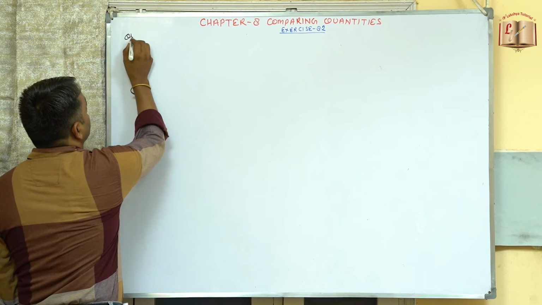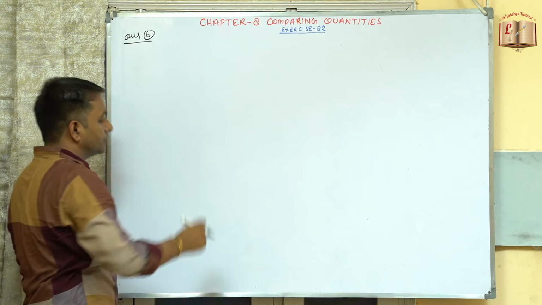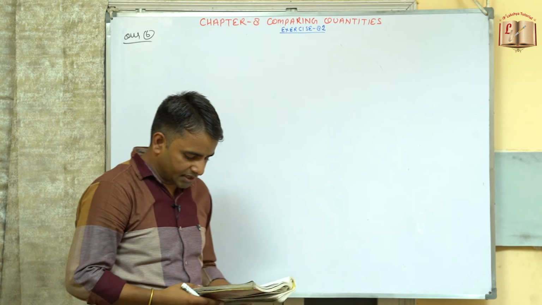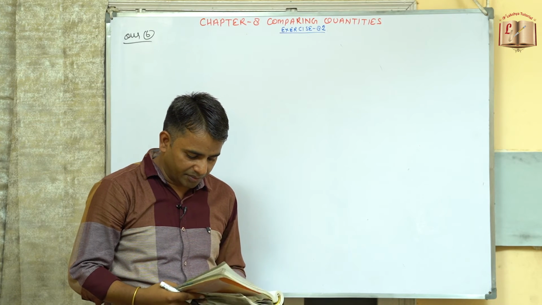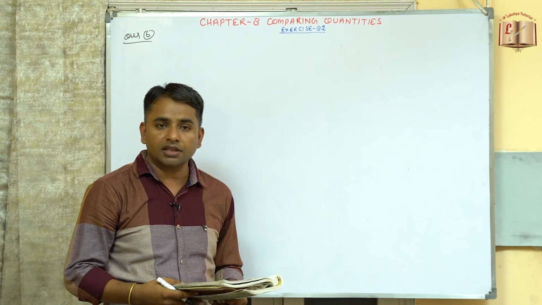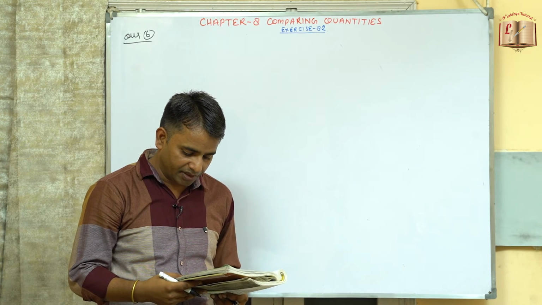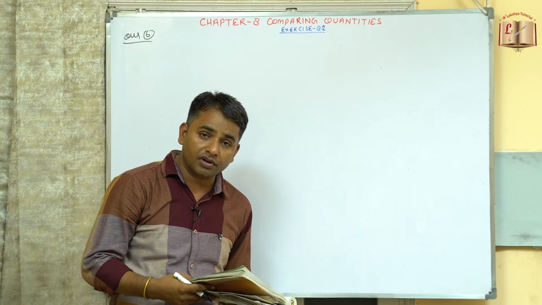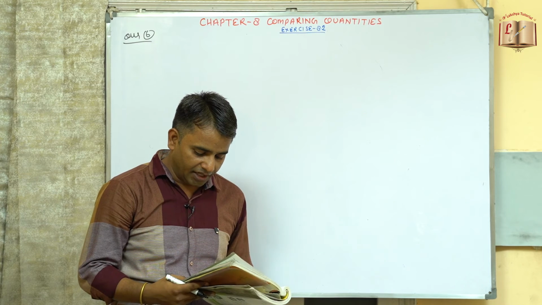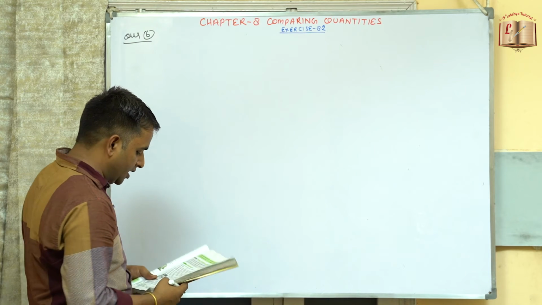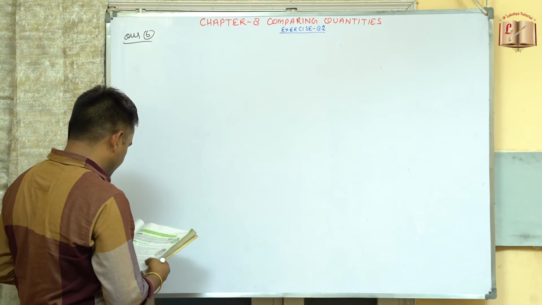So now coming to the question number 6. During a sale, a shopkeeper offered a discount of 10% of the market price of all the items. What would the customer have to pay for a pair of jeans marked at rupees 1450 and 2 shirts marked rupees 850?